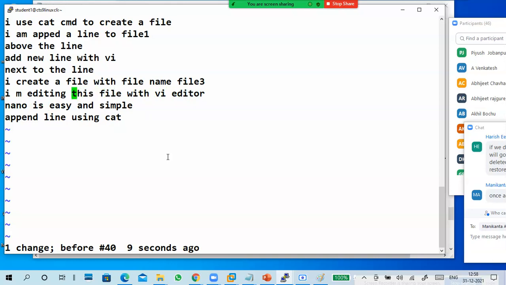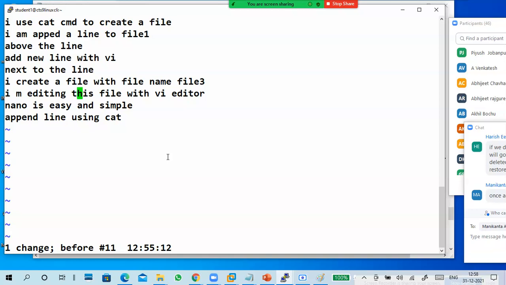Why is it shifting? Why is it not deleting? Because we are not in insert mode. In insert mode only, backspace will work. When you keep pressing backspace, whatever text is before the cursor will be deleted. So go to insert mode, press backspace, and it deletes the text before the cursor.